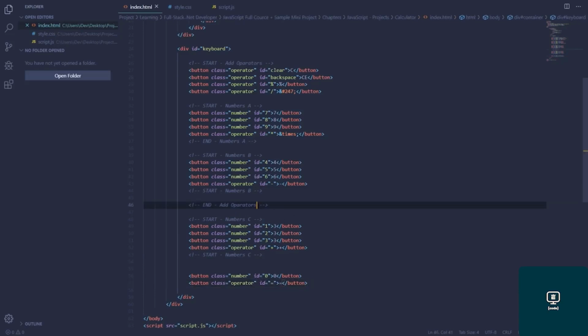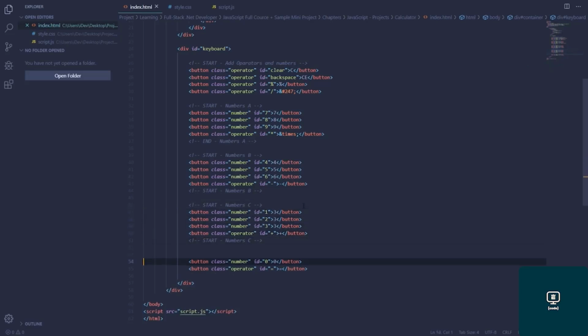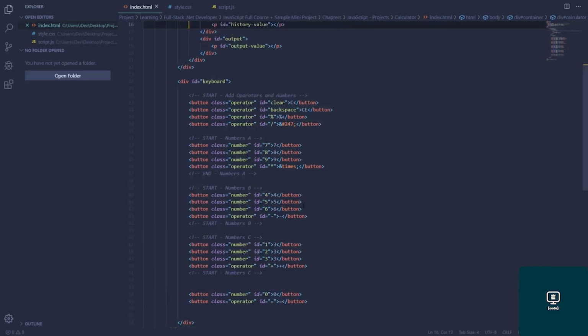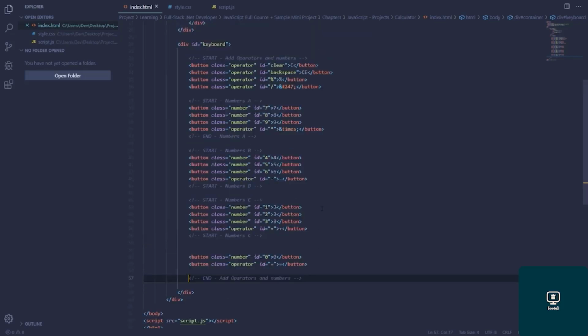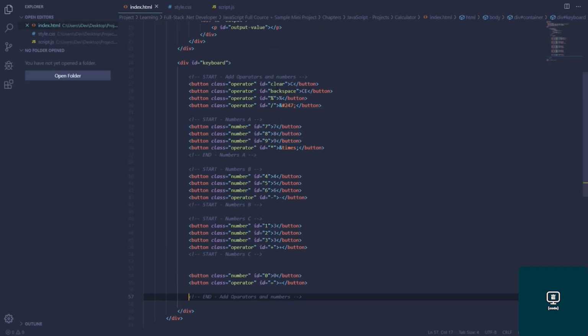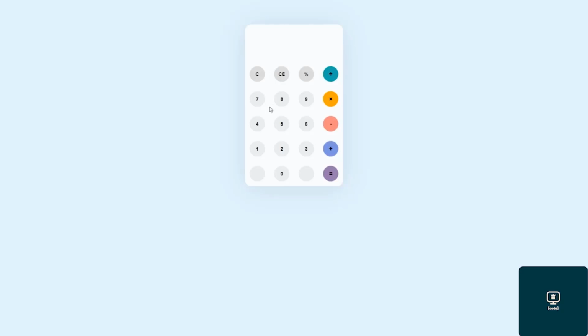Okay, add operators and let's see, numbers. Okay, here I add it to this one to make things okay. Very well, I get this completely and set it here. Let's see, where is it? Okay, it is moved here. Alright, and that's up to now. Now let me check it out. Clear, backspace, percent and division. Okay, I check the project: clear, backspace, percent, division,